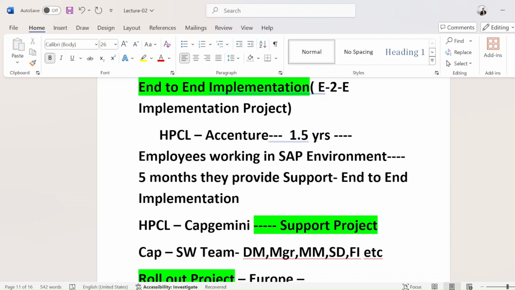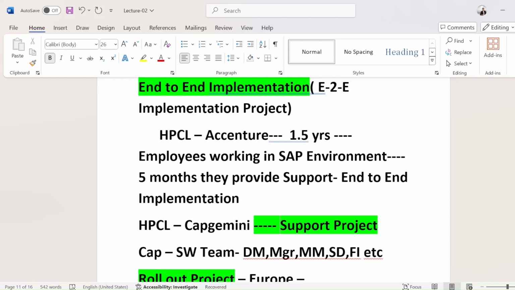In India, they just completed an E2E implementation project with the help of Infosys. But right now they want to do SAP implementation in their Europe plant also. So in that case the business is the same, everything is the same. If Mehta Private Limited is going to select the same software company, here I'm talking about Infosys.